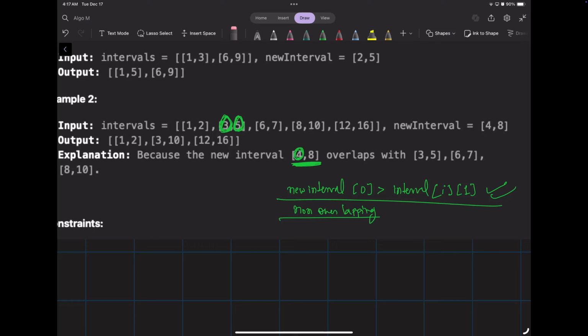Two conditions we'll have to check, right? Or we can say when our last is greater than your first,